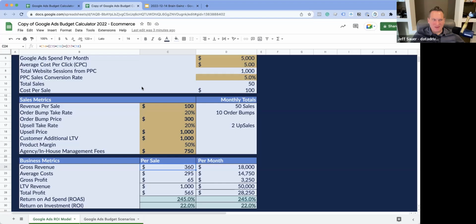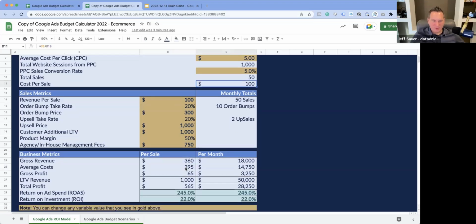Well, if you're spending $100 to make $360, and you add in that your product costs half of that, so $180, you're looking at $295 per sale. So you're just making a little bit of money there. But if over the lifetime they make an extra $1,000, then advertising, frankly, is a no-brainer. The reason I had to add the customer lifetime value in here is because I was running the numbers and advertising didn't really make sense for me without factoring that in.